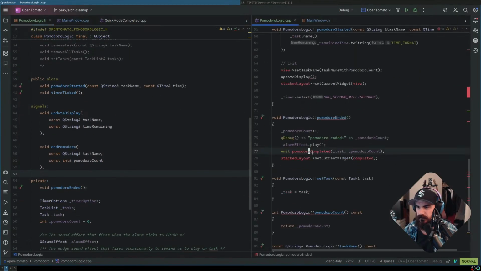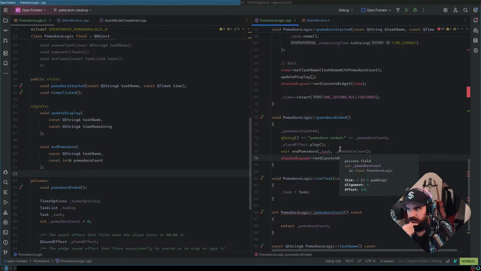And I think that's what we want. Also, I think somewhere along the line, I call this Pomodoro, but I wanted to change it to block. I don't know. Pomodoro's probably just makes the most sense, though.